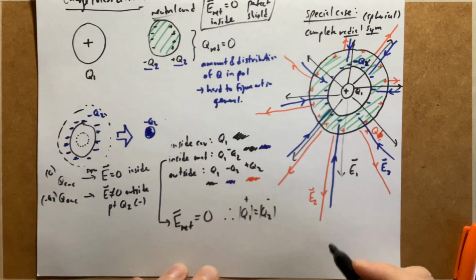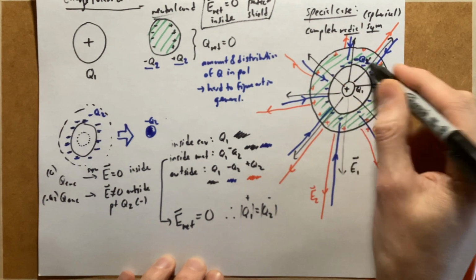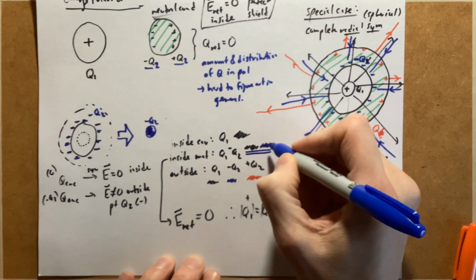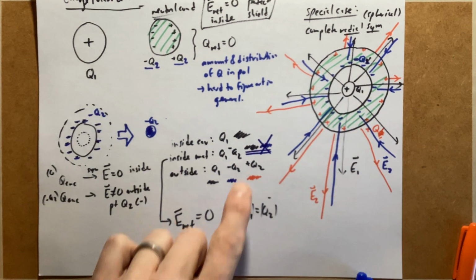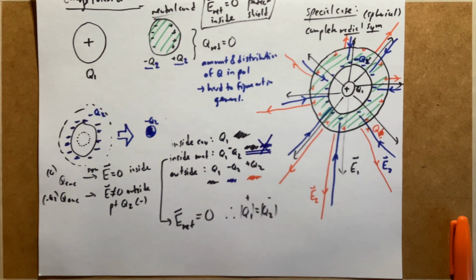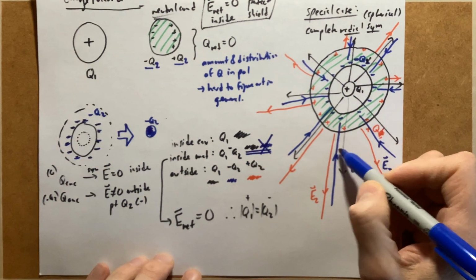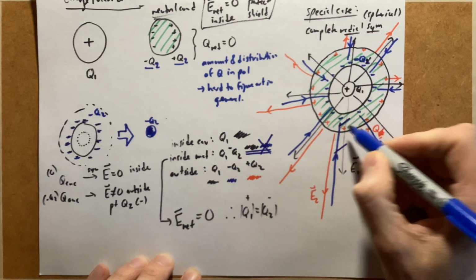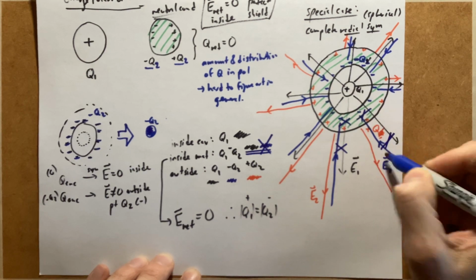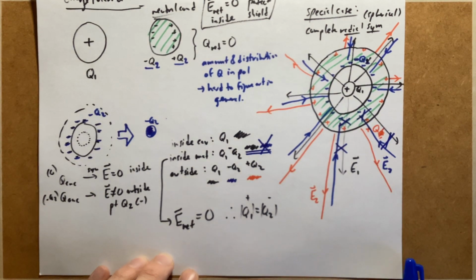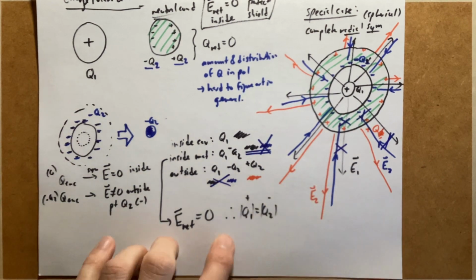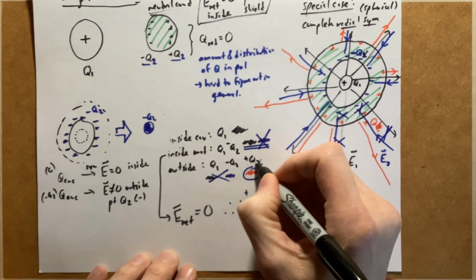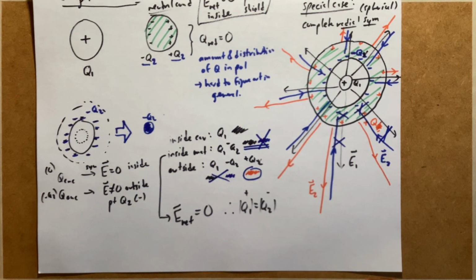That makes it so that the net field inside this material is 0. So essentially, these two kill each other. Okay, they go whoosh, these two, the black and the blue, kill each other. And if black and blue cancel each other in the interior, nothing changes on the outside. They also cancel everywhere. Okay, so not just in the interior, but everywhere. And so the only field that's actually left on the outside is that of Q2, which again we said was just that of